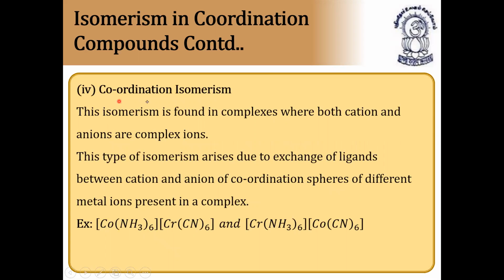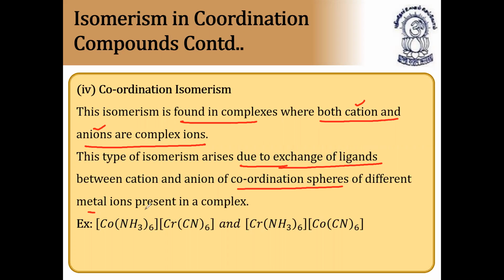Next, we have coordination isomerism. This isomerism is found in complexes where both cation and anions are complex ions. Very, very important. Cation as well as anions are complex ions. This type of isomerism arises due to exchange of ligands. Exchange of ligands takes place here between cation and anion of coordination pairs of different metal ions present in the